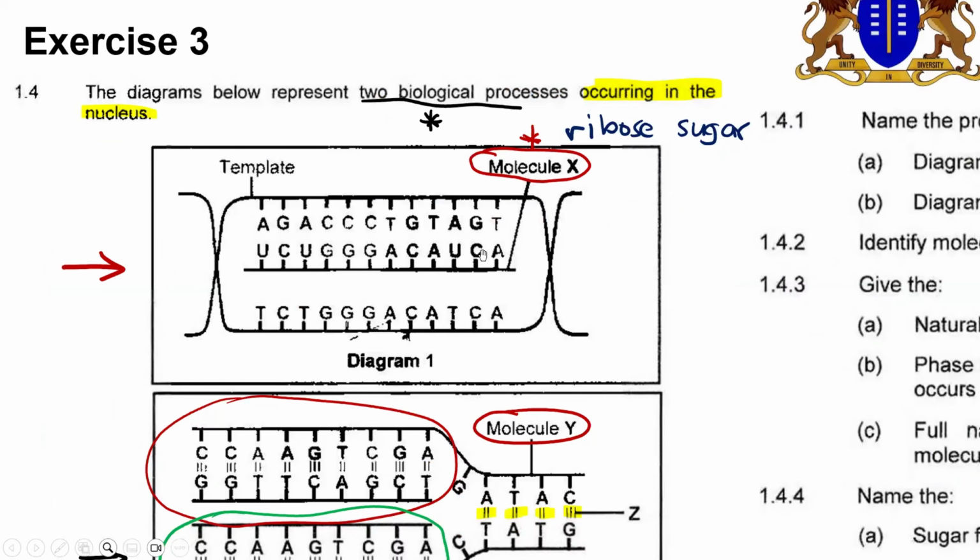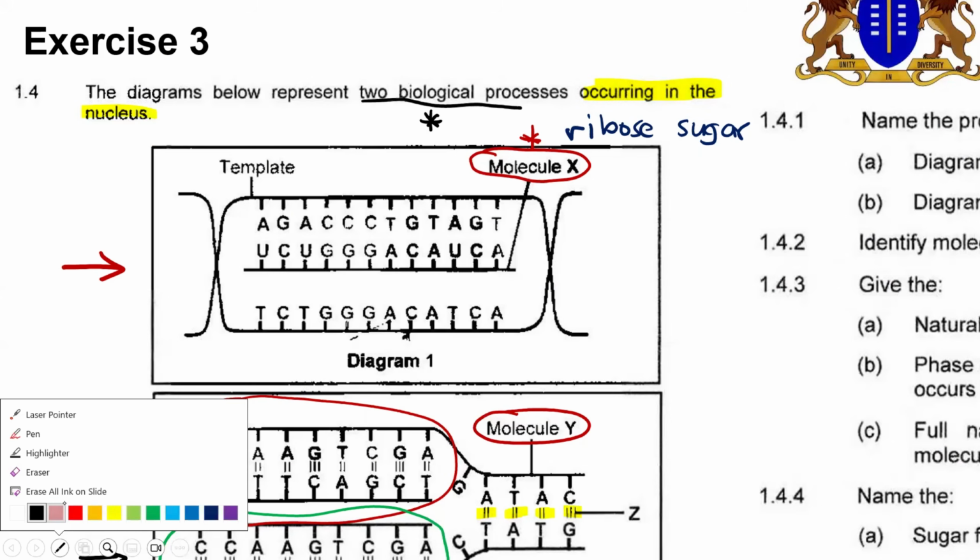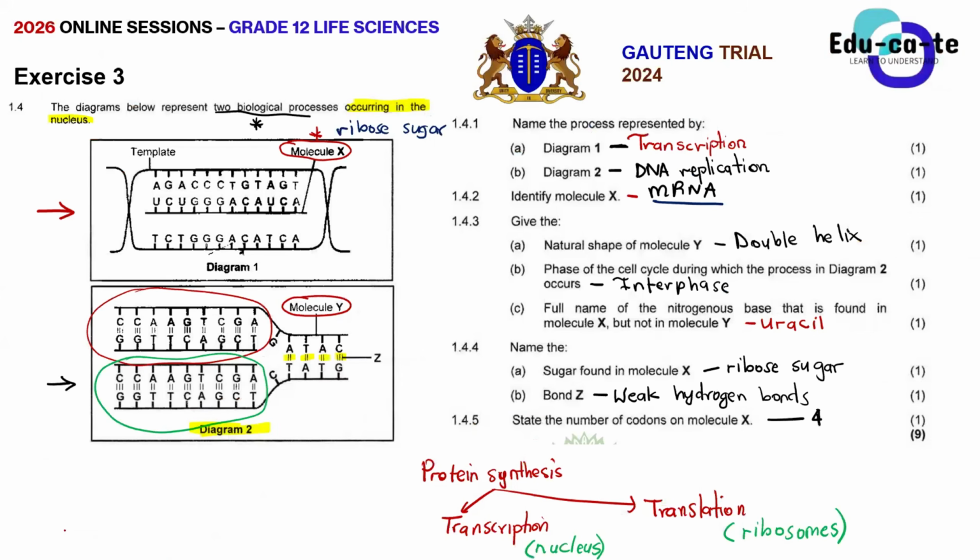Just look at X. Focus on this line, Pearl. It has got uracil, cytosine, uracil, guanine, adenine, cytosine, adenine, uracil, cytosine, adenine. How many codons can you see in this molecule? 4. 1, 2, 3, 4. Can everyone see 4 codons there? How many can you see when I say more there? Remember, codons is just three consecutive nitrogenous bases, three nitrogenous bases that are following each other.